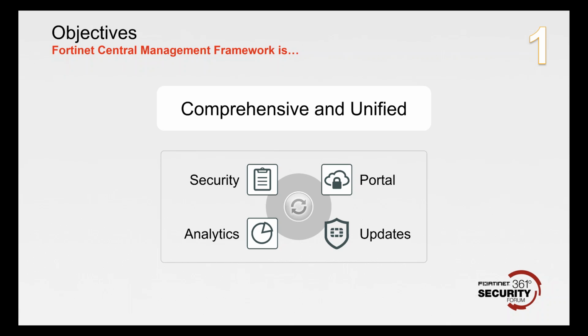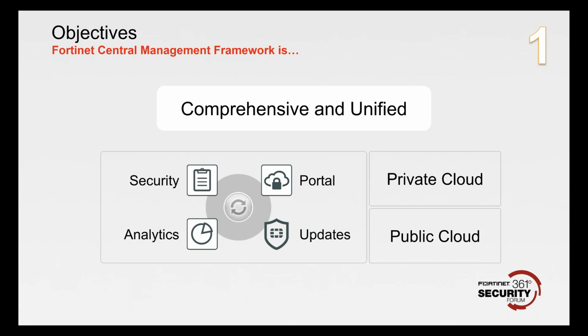And it's also about managing not just the security side of things and the reporting, but also looking at how we update and manage different Fortinet components out there. And as I said, that also runs into the areas of the private cloud. So if you're running within a VM environment, within Amazon Web Services or Azure, we can also provide a complete management portfolio that runs within that. And that doesn't matter whether your endpoint devices are within those platforms, or whether you're just managing it within those different platform areas.